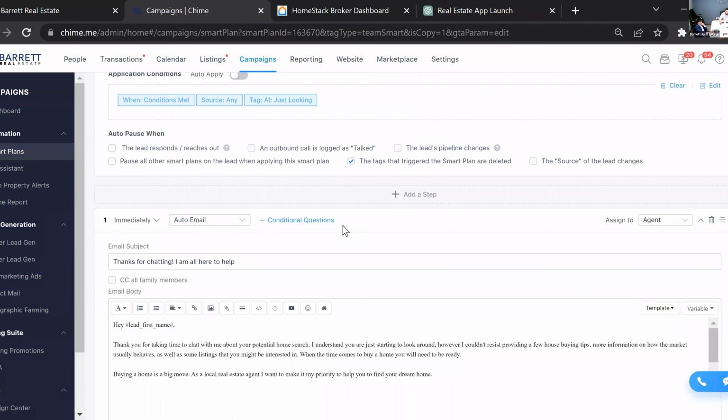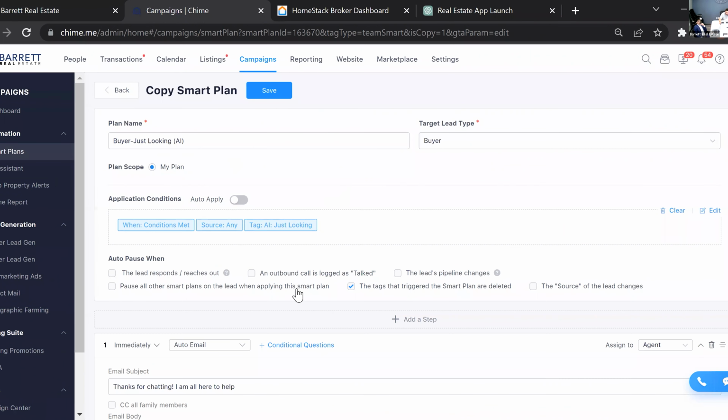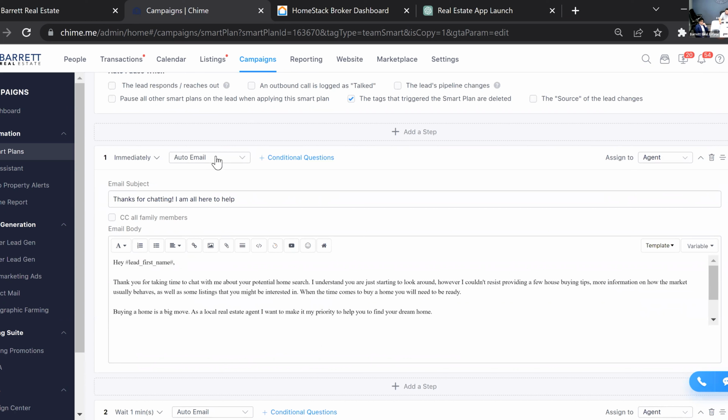Or if you wanted to go in here and modify any of these messages, each of these little blocks is basically a message, and it'll tell you like this one is an automated email. It's going to send it immediately once you turn the smart plan on, right when you turn it on, and this is what the email looks like. Now you could add in,